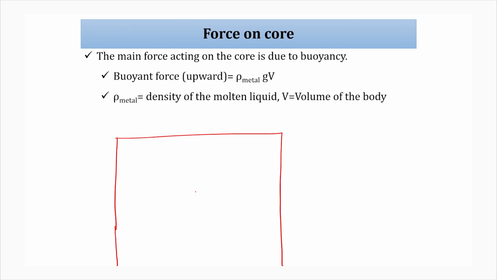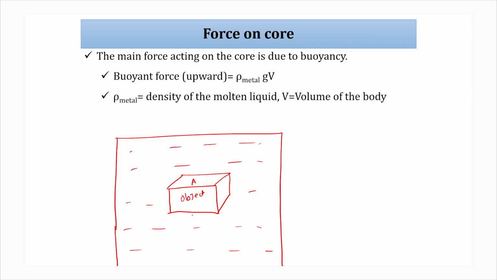I am just taking a cuboid as the object. The cross-section area from the top is A, and the height is x. This depth is